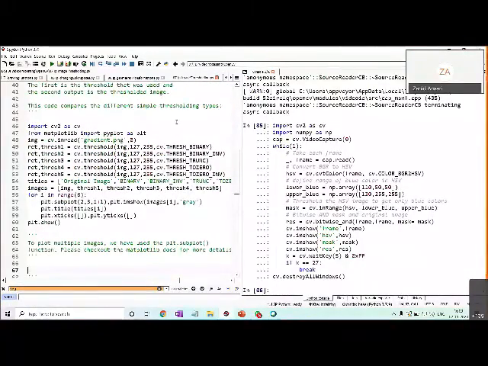What is thresholding? Basically, you have an image, and you specify a threshold pixel value, let's say 127. What it checks in that image is whether a pixel has a value below that. If your thresholding is binary thresholding, then below 127 it makes it 0, and above 127 it makes it 255. Threshold binary inverse does the opposite. Similarly, there are other thresholding schemes also, which we can read from the documentation.